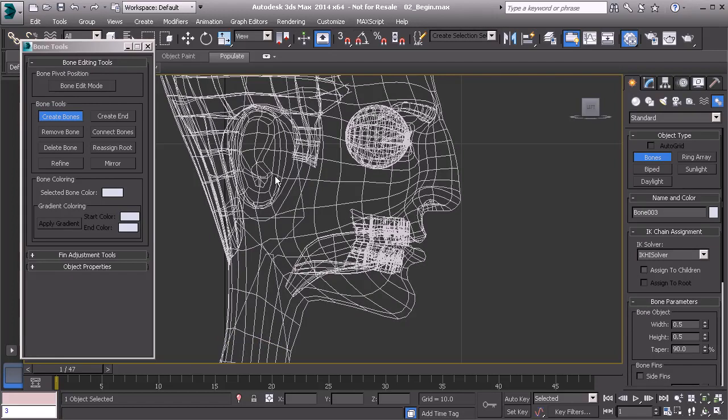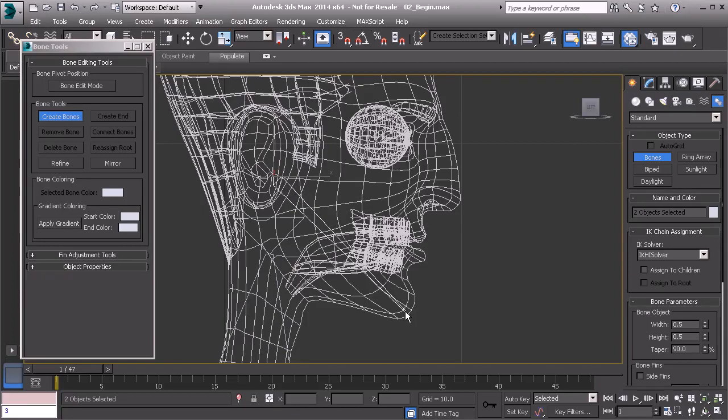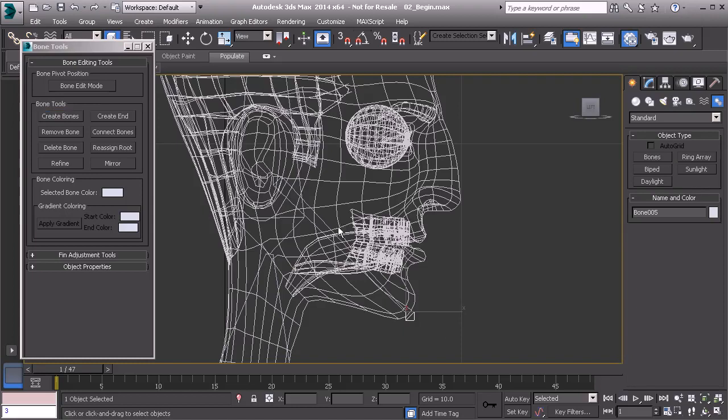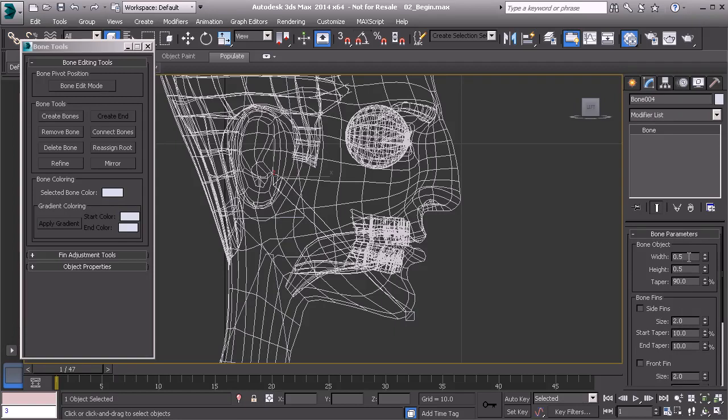So this will pivot from, again, right around the earlobe. We'll create the lower jaw first. Alrighty. Looking at the size here, it looks like we can increase this. So if you wanted to, you can now head over to your Modify panel and adjust the size here, maybe to about 2. So the width and height, we'll go ahead and set them to 2. That looks good. We'll go ahead and grab the nub object, delete that,